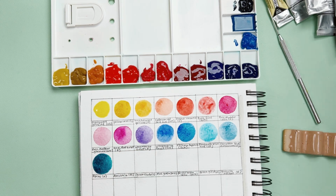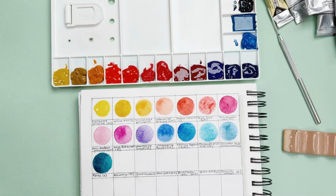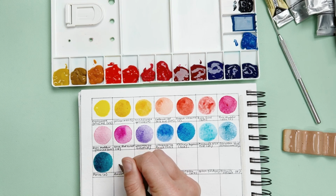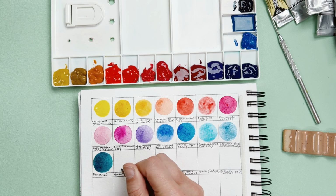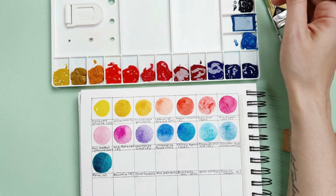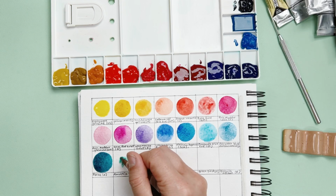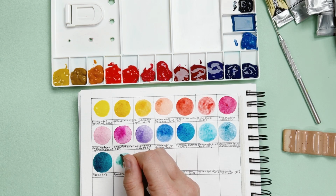Another one kind of more in this turquoise family but greener. Oh, I forgot again to pre-wet the paper. This is Amazonite from Daniel Smith. I used it to substitute my initial idea of using Viridian from Winsor & Newton, because I heard Viridian can be very hard to re-wet, and I haven't used much the Amazonite color. I thought it would be a great opportunity to experiment a bit more. On its own it's already a beautiful color,